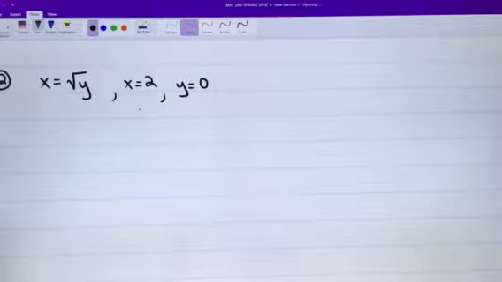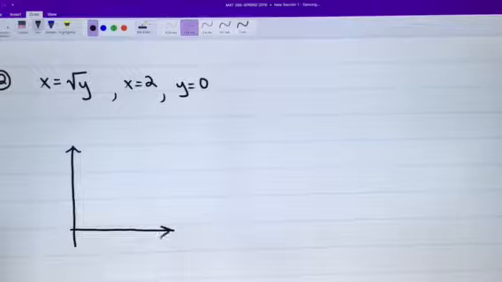For the second problem, we have x is equal to the square root of y, x is equal to 2, and y is equal to 0. Now, there are various ways that you can work out the area as well as the volumes. And we have, at least with the figures,